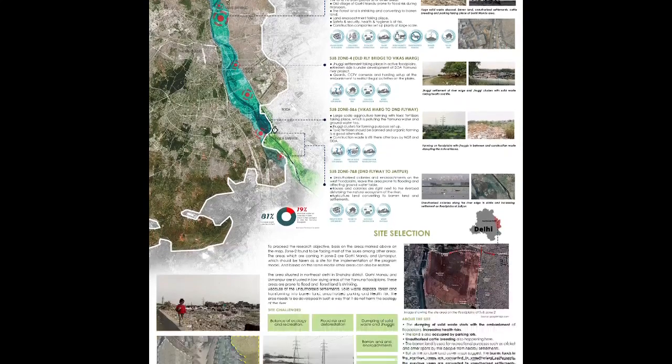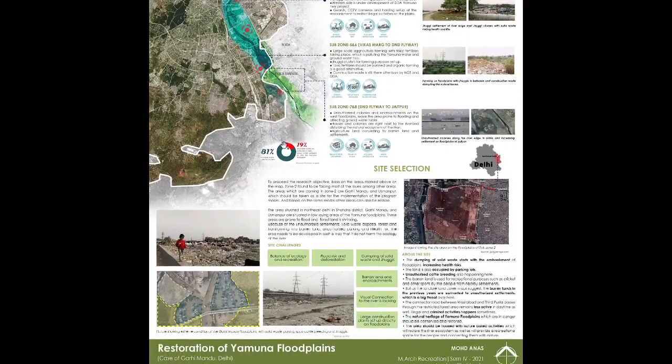On the basis of this study, I have finalized this site, which will act as a model for the development of river fronts, of development of floodplains ecologically on the Yamuna riverfront. So the basic challenge: this is the site, and this is nearby Signature Bridge, which is connecting Bhajanpura to Majnu Katina, and then this is the marginal Bund Road.